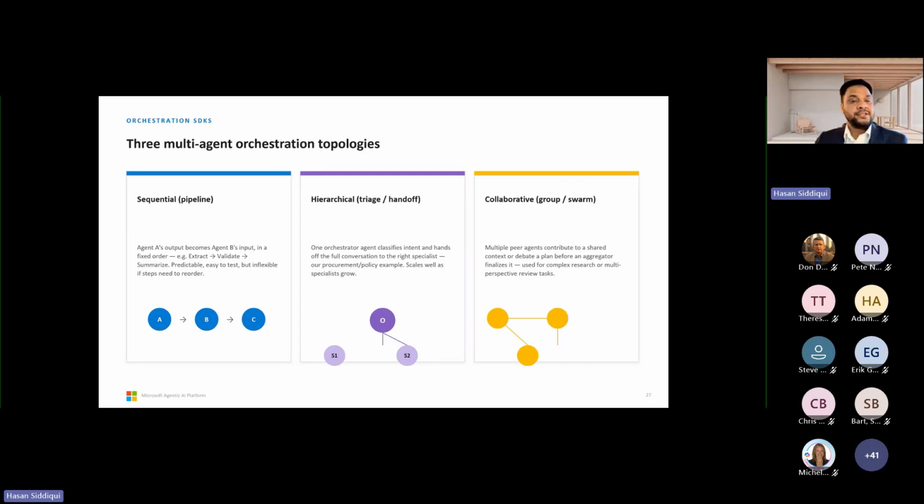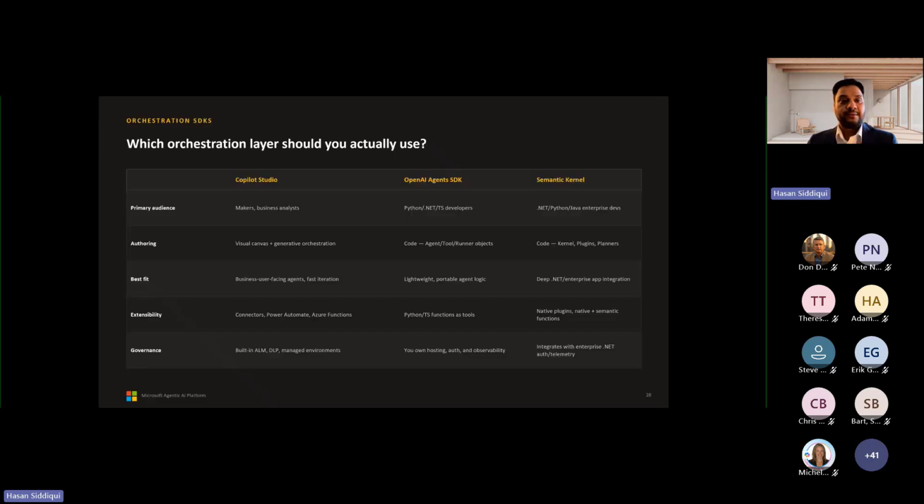It's predictable and easy to test, but inflexible if a step needs to be reordered. In hierarchy, one orchestration agent classifies intent and hands off the full conversation to the right specialist. It scales well as specialists grow. Collaborative is where multiple peer agents contribute to a shared context or debate a plan before aggregation. I'll give you one example later.